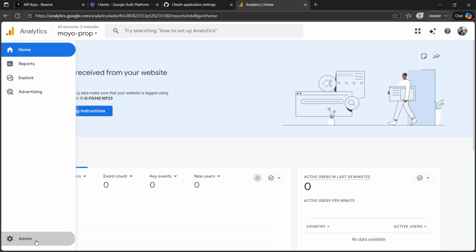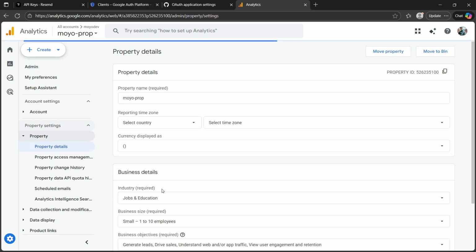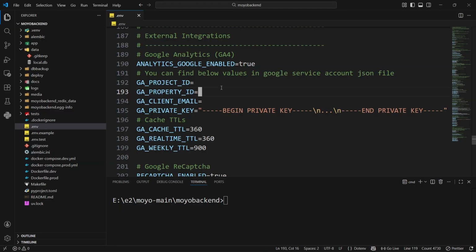Now click on this admin button again. Make sure that the project is selected here, Moyo Prop. And now we need to click property details. So click here and you will find your property ID. So copy this, then go back to the VS Code, and here we have the property ID. Save it. Now we will have to create a service account, and a service account will provide us the project ID,